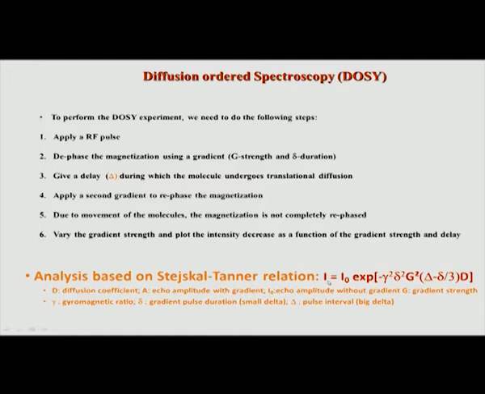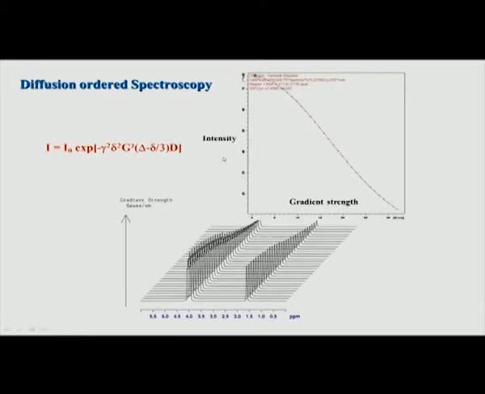So this can be plotted now, as shown here. You can see this is the intensity I as a function of the gradient strength, this G value. If you plot this, you will get a curve like this. Why? Because this is like a Gaussian curve. So this is half of a Gaussian. In reality, the spectrum will be like this. Let us say this is a 1D spectrum of some molecule, and as you change the gradient you will see that the signal is decaying.